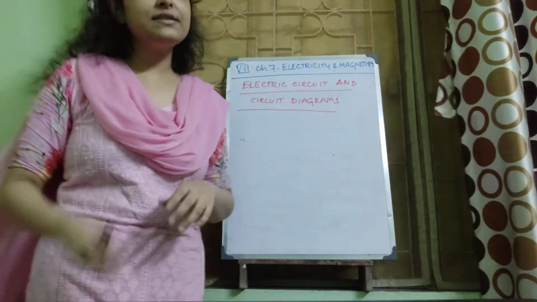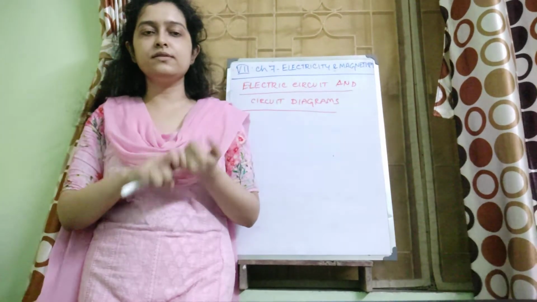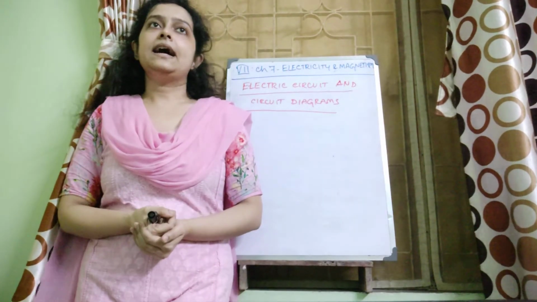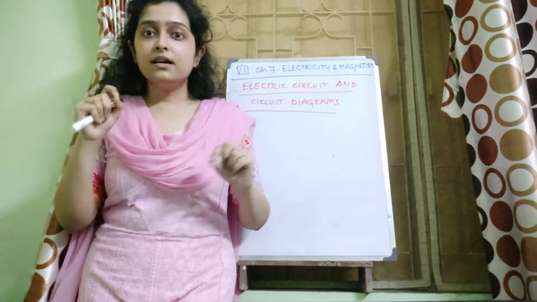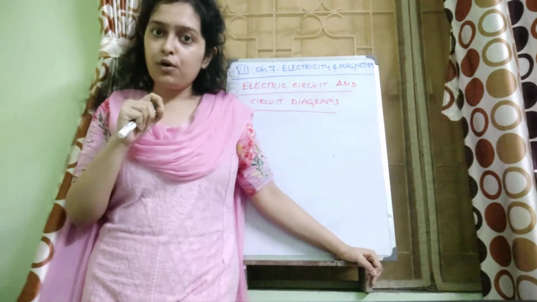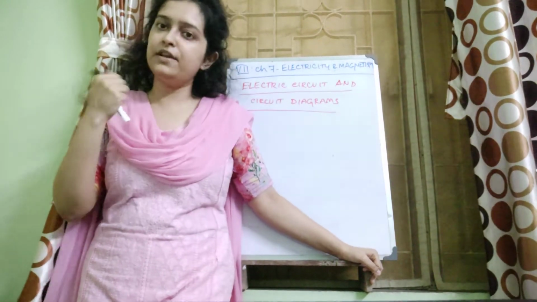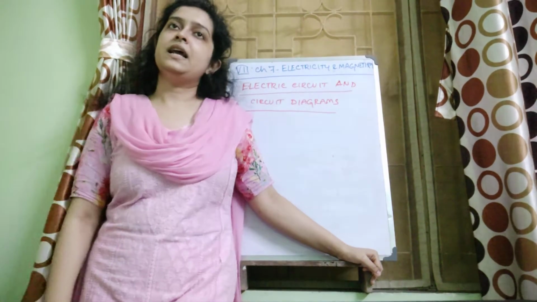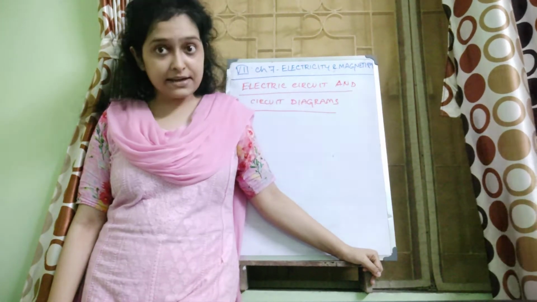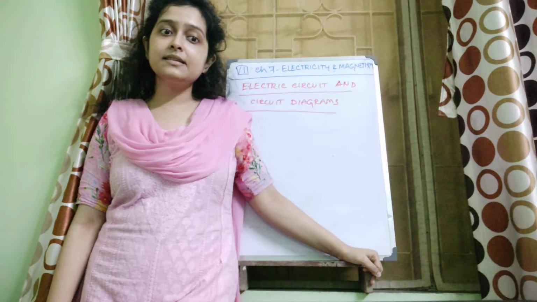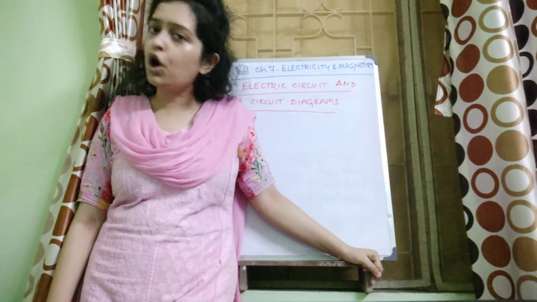Now, requirements for an electric circuit. What are the things you have learned? There should be a source of electricity. Obviously, if there is no source, how will the electricity come? And the connecting wires should allow current to flow. If they are made of insulating material, if they are insulators, how can they allow current to flow? Current will not be able to flow, and the bulb will not glow. Again, if at any part of the electric circuit the path is broken or incomplete, then current will not be able to flow.